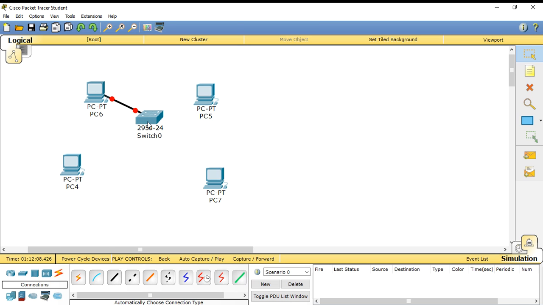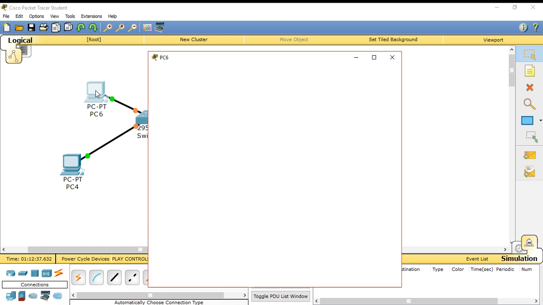You can see that when I click on this switch, it is showing me a red sign. What is the meaning of this red sign? It means as of now, it is not connected properly, right? Why is it not connected properly? Because no doubt the connection is there between the devices, the wire is connected, but they do not have any IP address assigned to them, right?